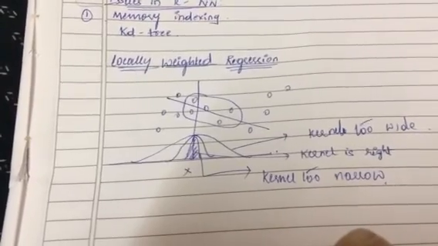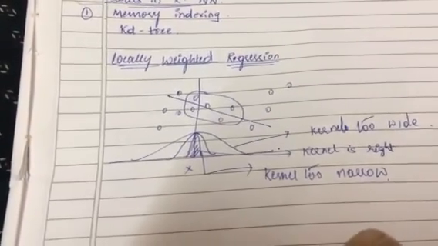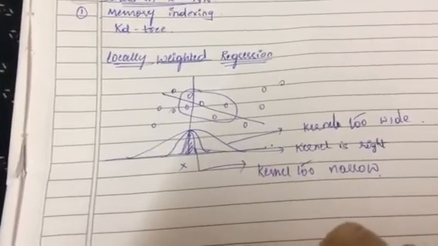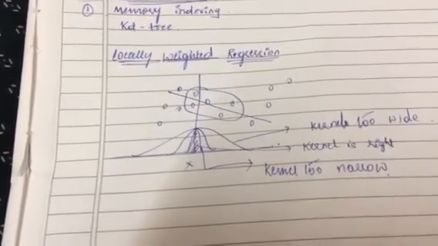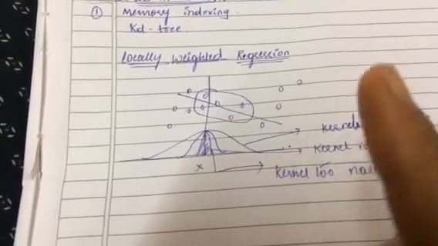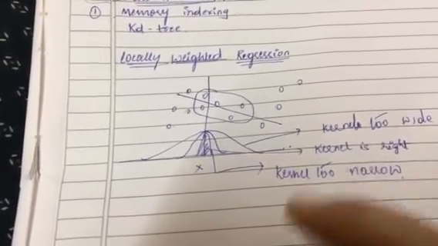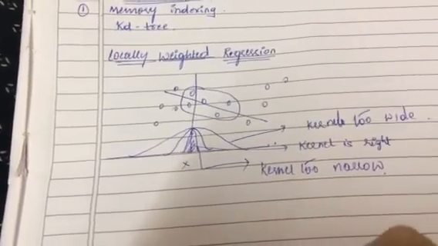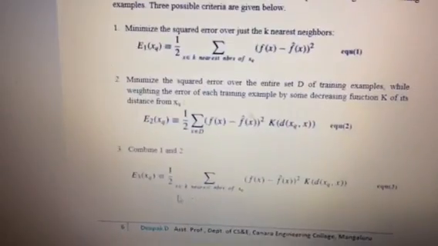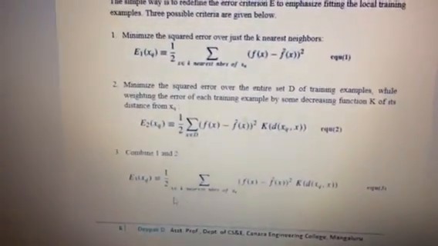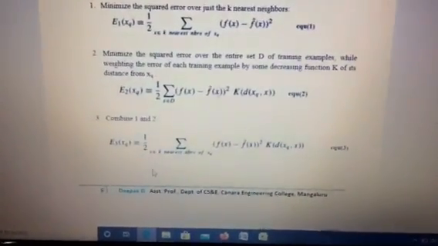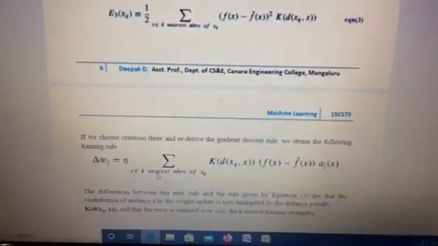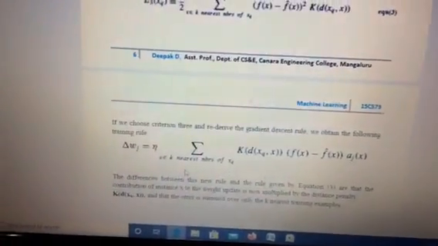Here the assigning of the weights is done by using a gradient function. We know that in a gradient function, randomly we choose the weight, and later the updation of the weight is performed depending upon the error. Always we try to minimize the error. The error, or the residual, is nothing but the difference between the predicted value and the actual value. Here f of x is considered as the actual value and f cap of x is considered as the predicted value. This is explained in terms of 3 steps. First the error; minimizing the squared values, this formula you have to write. Next, minimizing the squared values considering the complete data set, and then combining, and then the weight updation formula, that is delta wj. All these things we have to write in locally weighted regression.